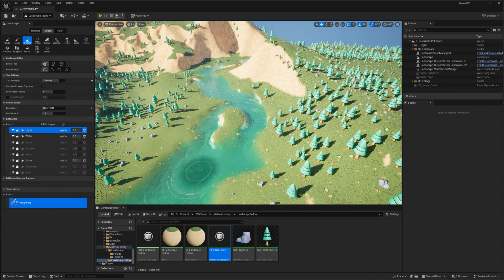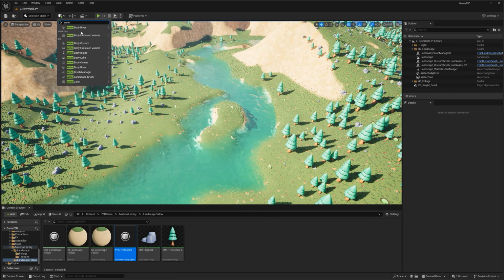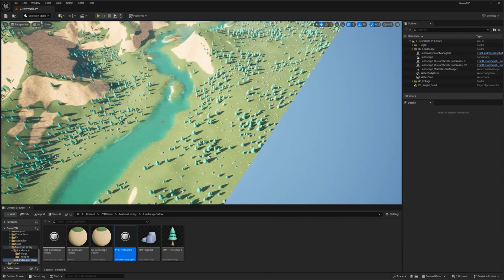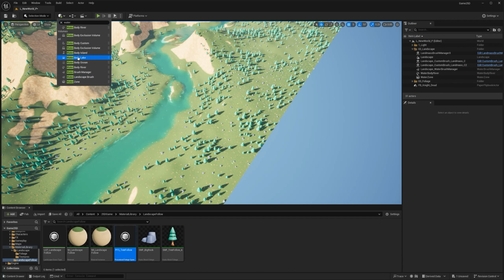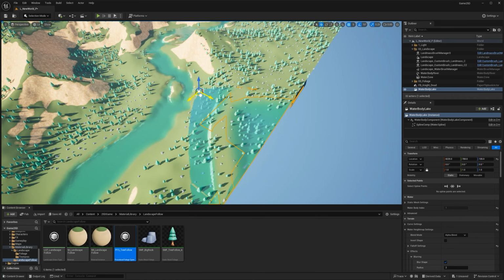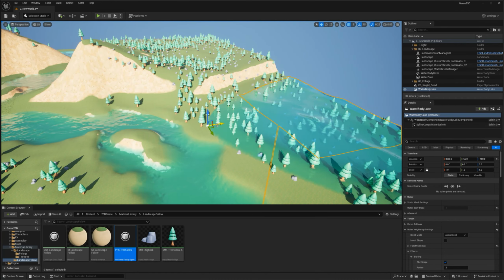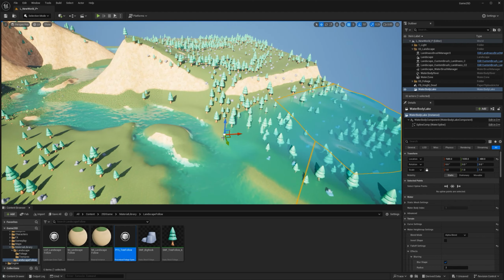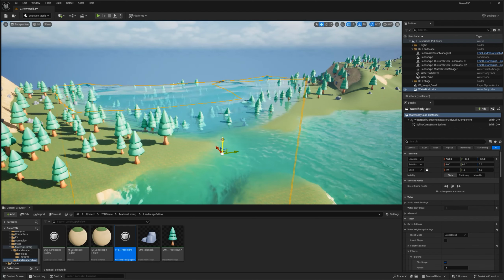So the next one, that's pretty much it, guys. Honestly, if you want to add more stuff, you can just go here and say water. There is a lake that you can add. And you can have the lake intersecting with the geometry a little bit. Sometimes it glitches a little and the lake disappears, but let's try. Maybe there's a lake around here. Yeah, it's not really looking decent.